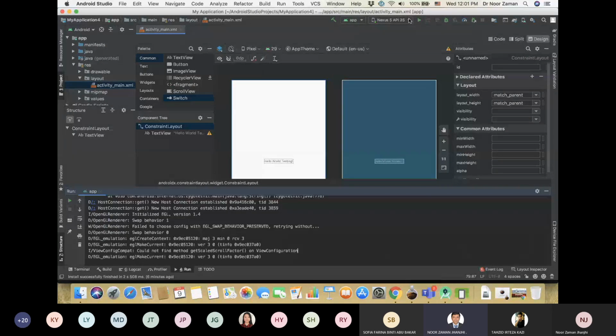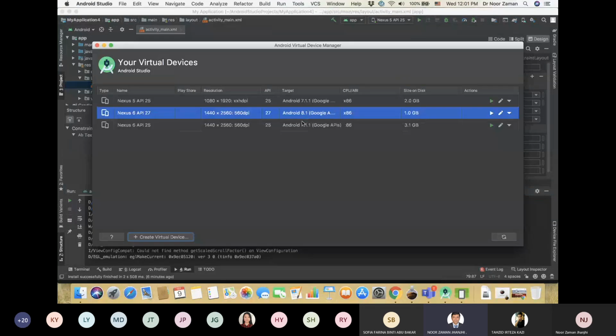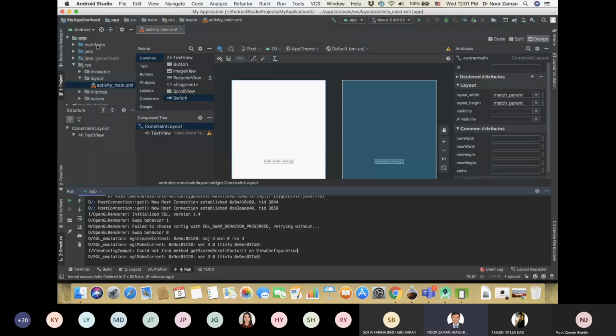So now if you just go here, you will be able to see that Nexus 6 is also here with API 27. You remember that's the one we just installed. Now if we go to the AVD Manager, previously there were only 2. Now that means the third one is also there. Now, what I mentioned to you, if we close this one and run the application again,